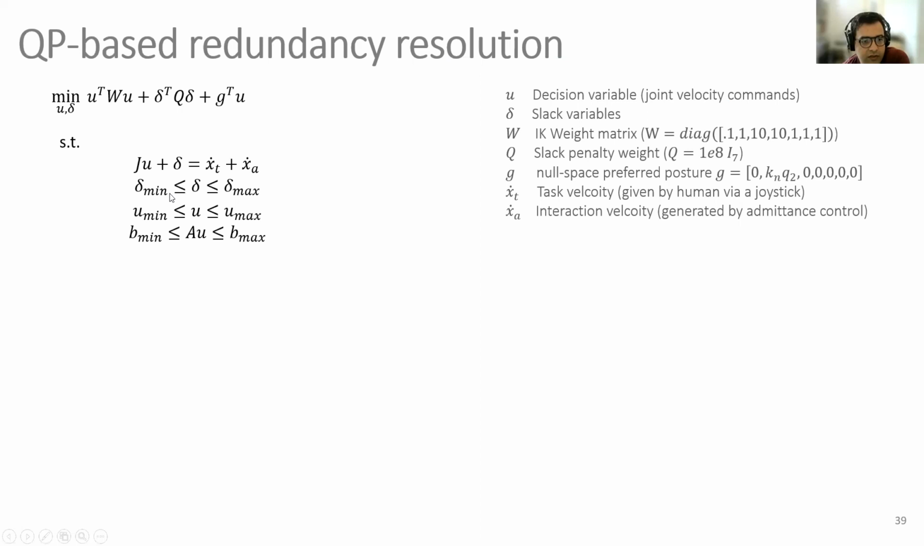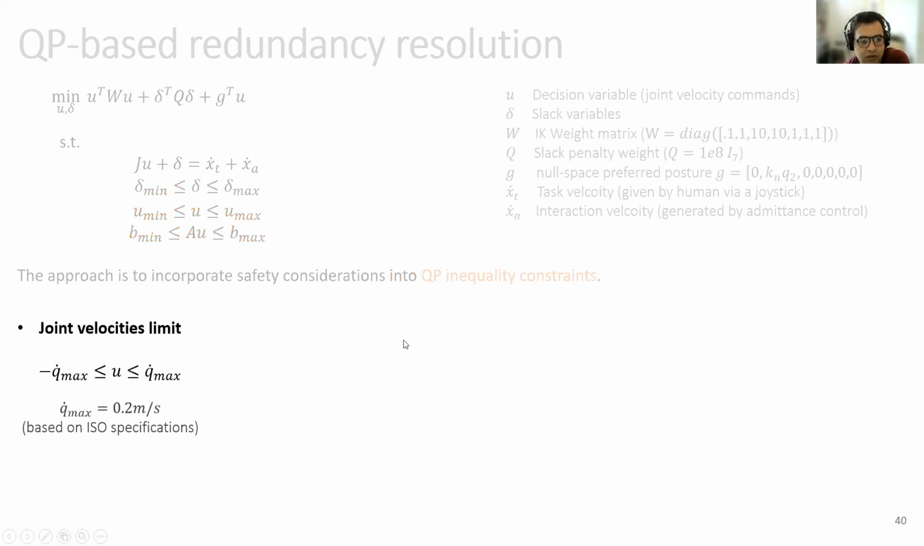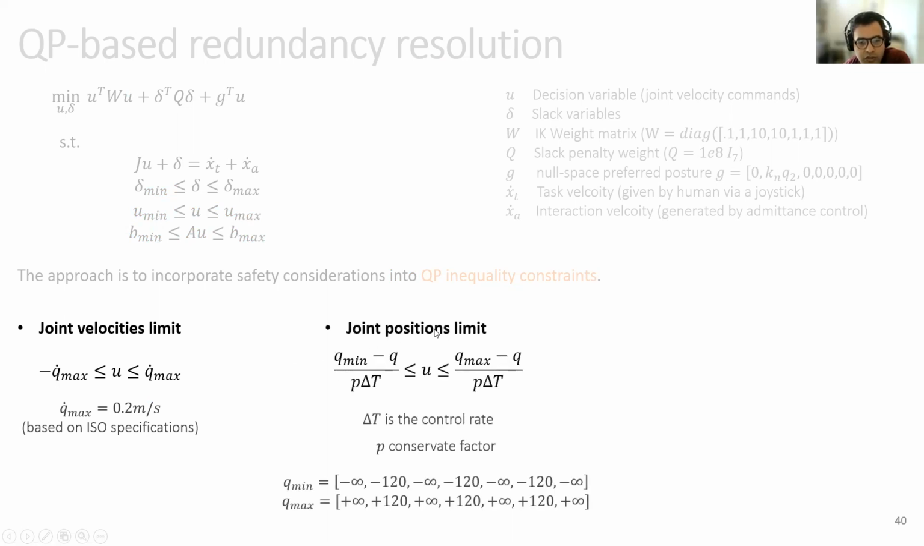And so we have the inequality constraint, as it's shown here, and the idea is to incorporate safety considerations into this inequality constraint. So for example, the first simple one is the joint velocities, which go directly into our inequality constraint. For the joint position limits, everything is written on velocity, so if you want to limit the joint position, we have to take the derivative of this side, which means